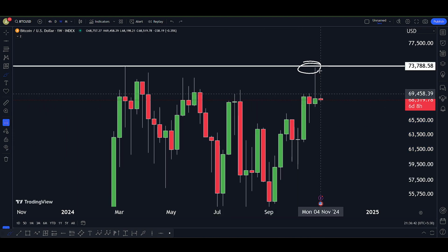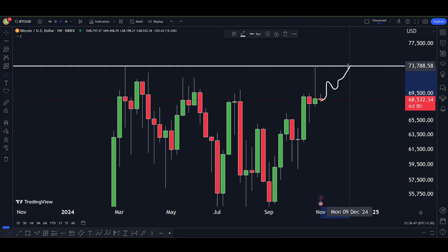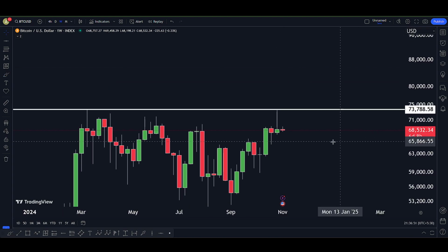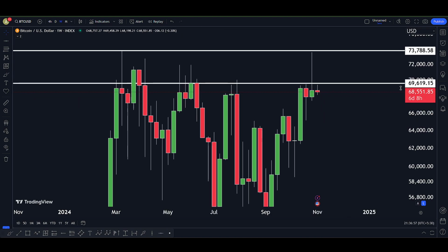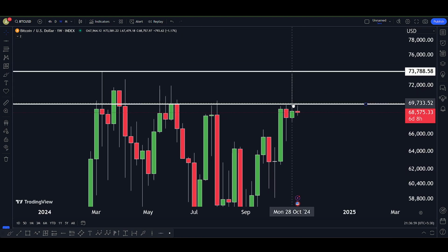So this candle tells me a bullish thing. There are buyers interested in pushing price towards this all-time high, and whether we are falling or pumping, the key thing that I'm looking at is the weekly closing above this level. This level is actually 69,619, and this is the level that I am looking forward to. So far you can see that we got a closing above this level, 69,619,